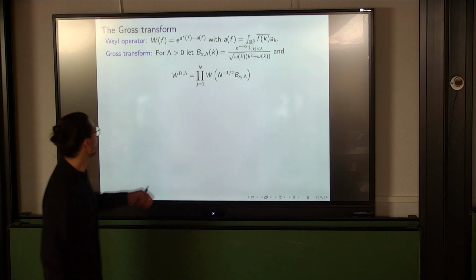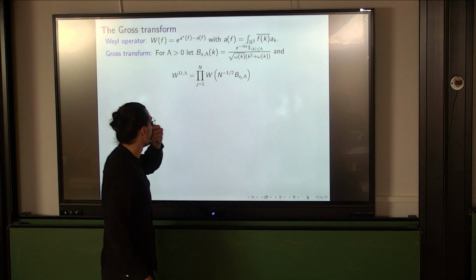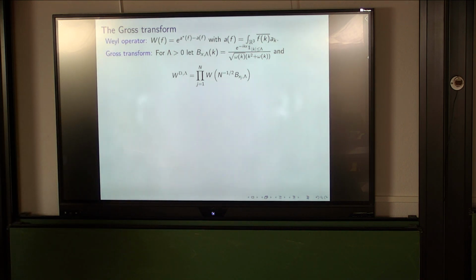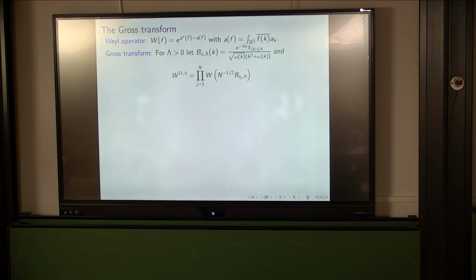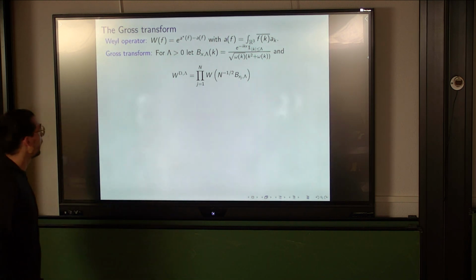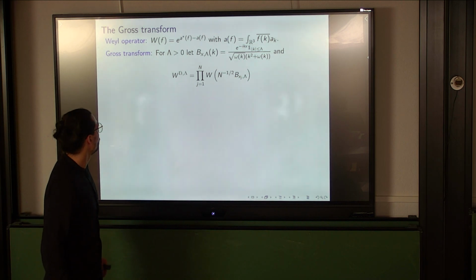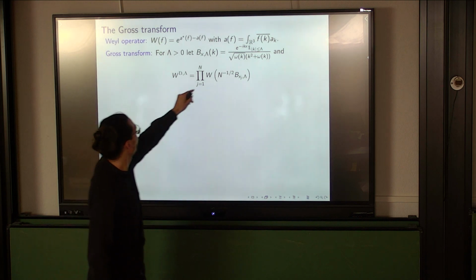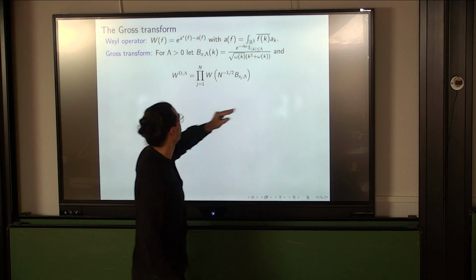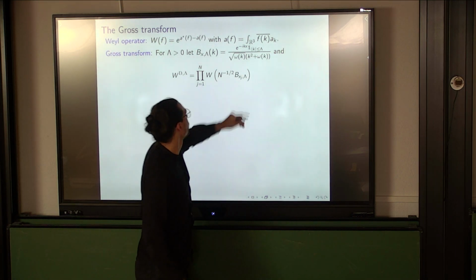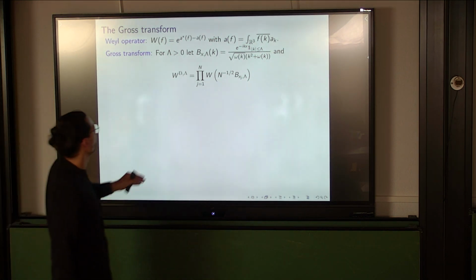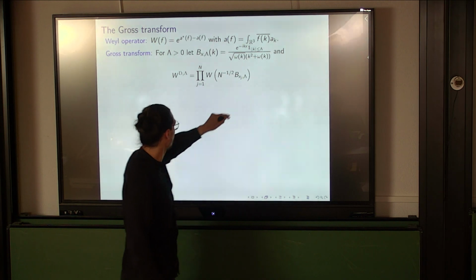The Gross transform is a Weyl operator where this function now depends on the positions of the particles, and this then creates correlations between the particles and the quantum field. Nelson also introduced here an infrared cutoff, but that's not so important. So we are looking at this function without a lower cutoff,